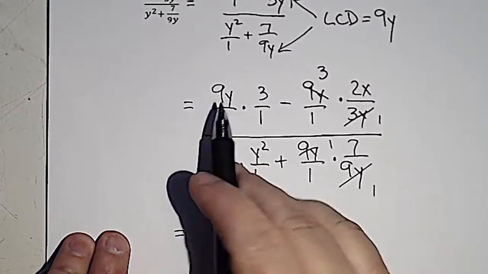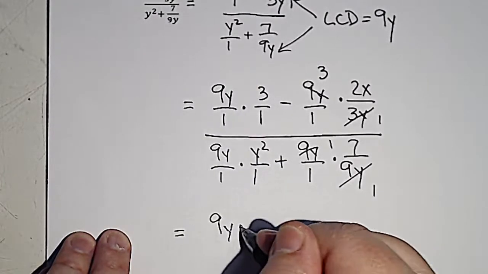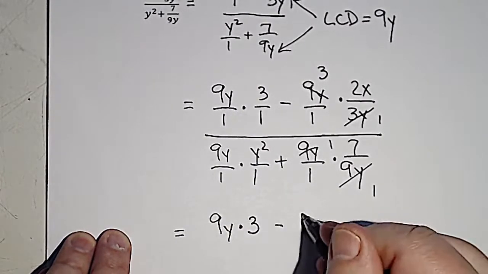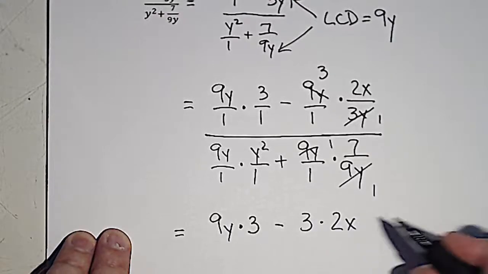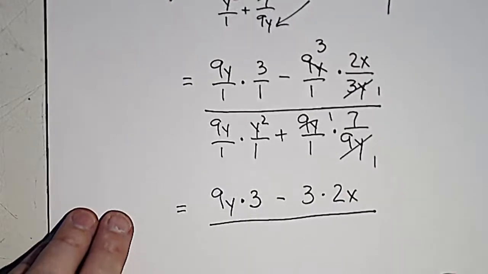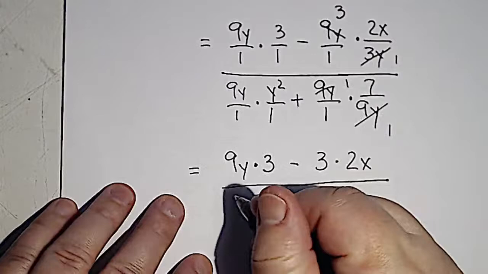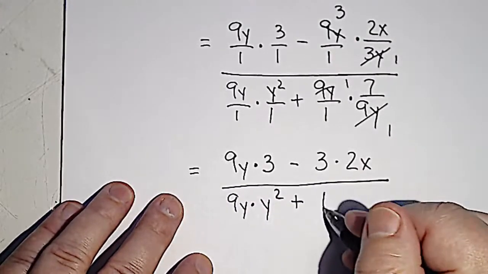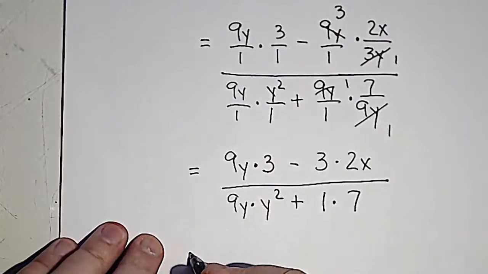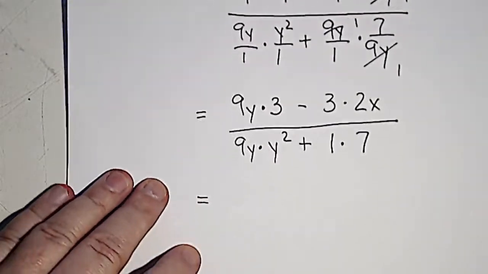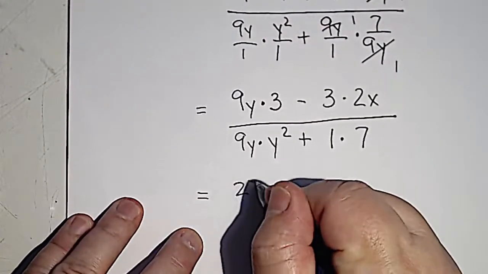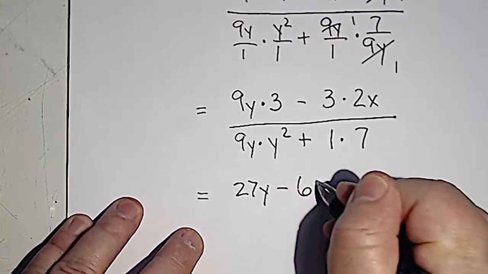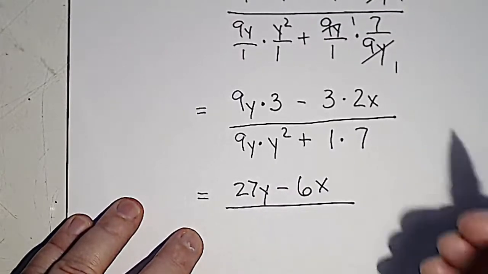So here I've got 9y times 3 minus 3 times 2x, all over 9y times y squared plus 1 times 7. So this bad boy is going to be 27y minus 6x all over